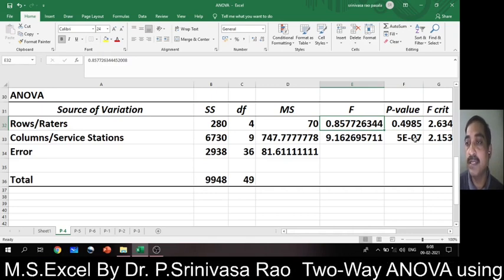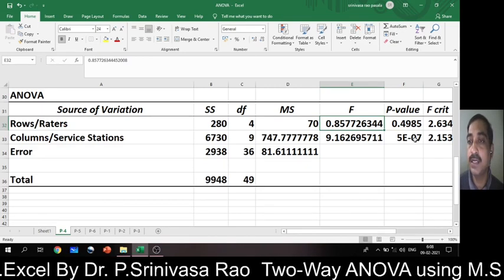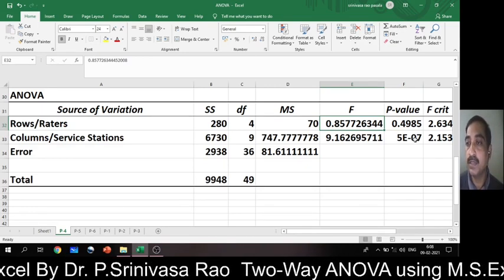Once again, if the p value is less than 0.05, the F value is significant, you reject your null hypothesis, right?